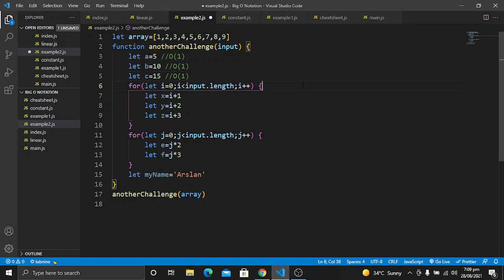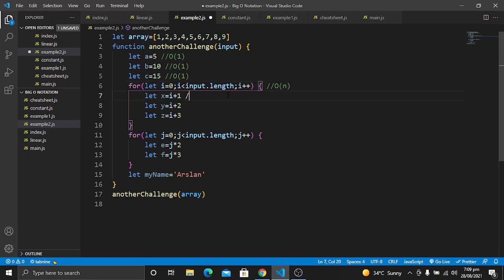Now in the next line, we are performing a for loop. Now we have O of n operations, because it depends on the input that we are getting from the parameter. So if the input grows, the number of operations will grow.